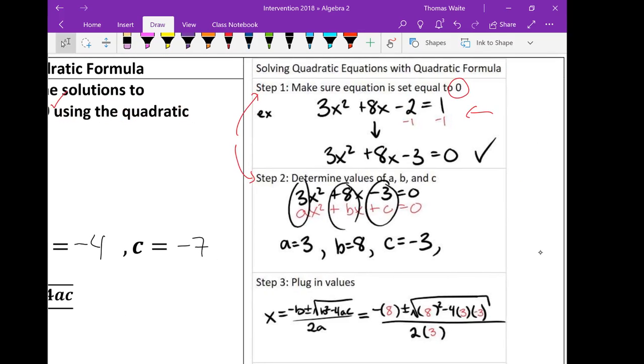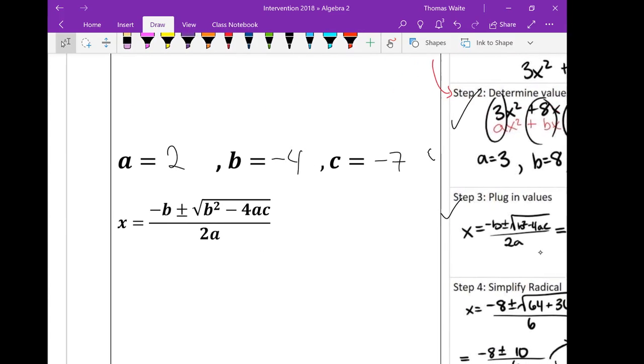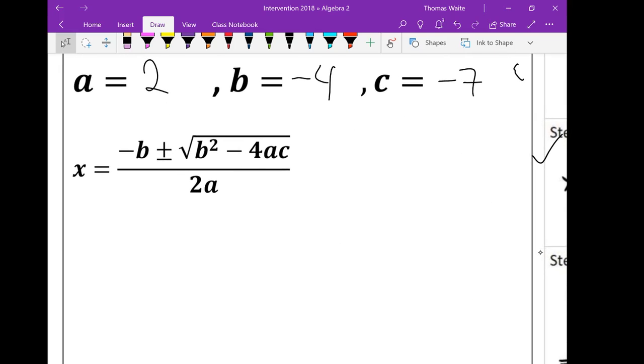Once we get our values of a, b, and c, we just have to plug in the values to our formula. Here's our quadratic formula. It should look familiar to a lot of people. I'm going to say x is going to be equal to,